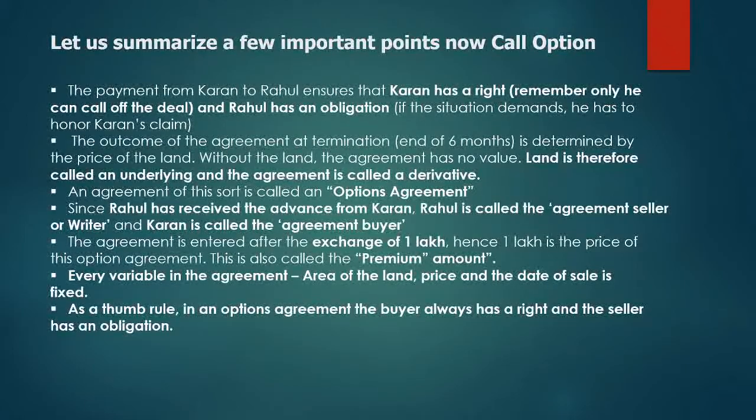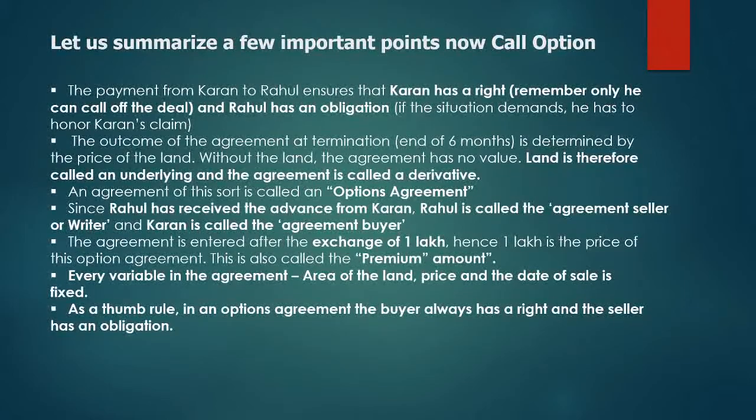Now, take an example of stock. The call option or the put option or the futures of Reliance is an agreement, but that agreement is deriving its value from the spot price of Reliance. So in the case of Reliance, the underlying asset is the spot price of Reliance, whereas the futures and the options agreement are called derivative instruments or derivative agreements.